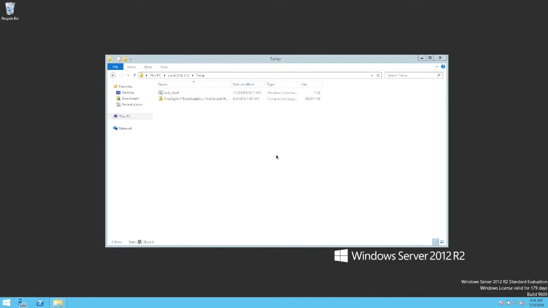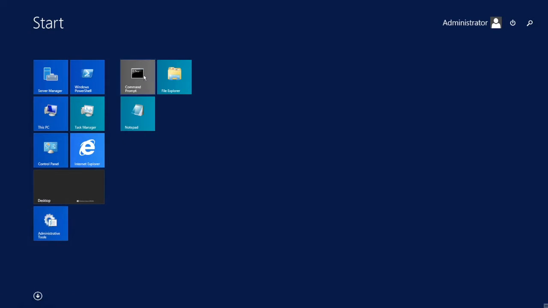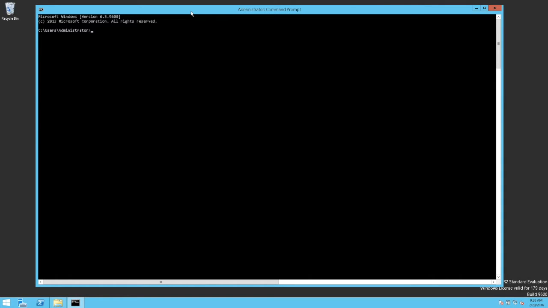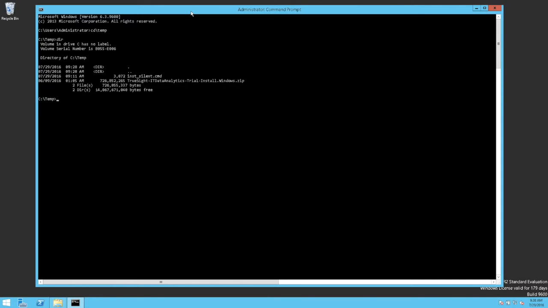So let's take a look at the install in action. Here I have a Windows Server 2012 R2 install, and I've created a temp folder off of the root of the C drive, and I've put the install package for IT Data Analytics as well as my install silent script file in that folder. So what I need to do now is just launch a command prompt, navigate to that temp folder, and you can see those two files are here,